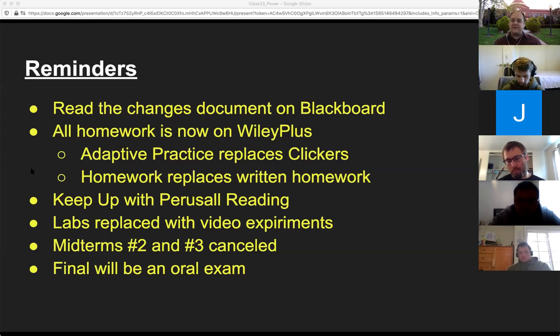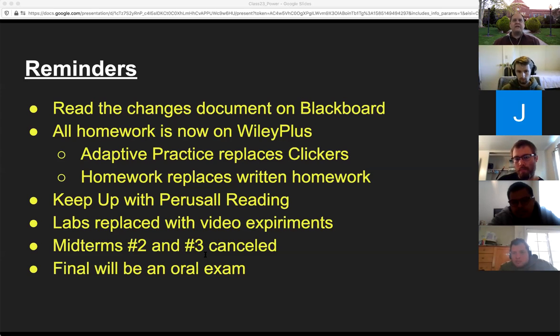I've tried to think this through, but it is guaranteed that half a dozen things will pop up over the course of this semester that'll interrupt things and may require more changes. So let me just run through a couple of big changes. One is you need to regularly check your email, your campus email, and the course Blackboard page. That's our lifeline. That's how we connect with each other. Obviously, you all did that because you got here today, but be sure to regularly stay in contact with your campus email and the course Blackboard page.